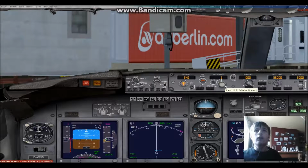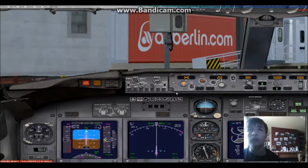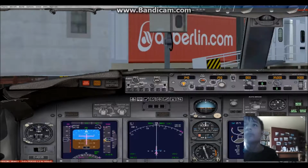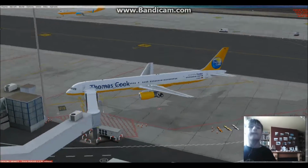Or EGLL. Right, speed is going to be 250 for now. I'm not going to be that concerned if I slightly exceed the speed. Let's switch over to GPS mode. Altitude. Could I bring up the overhead, please? Taxi on, landing off. I can't turn that off then. Logo, strobe. I know you would usually do this later, but...